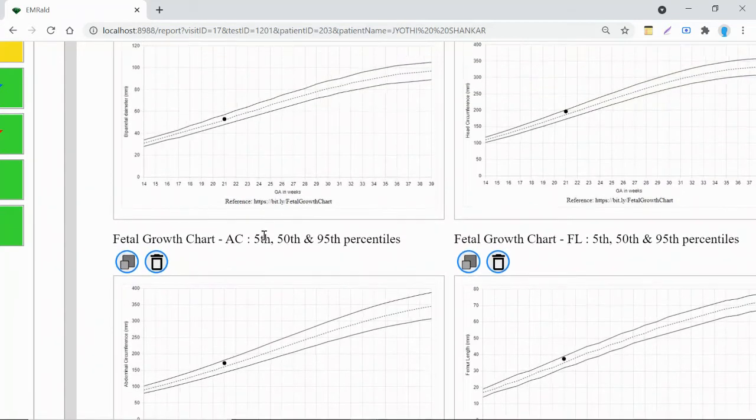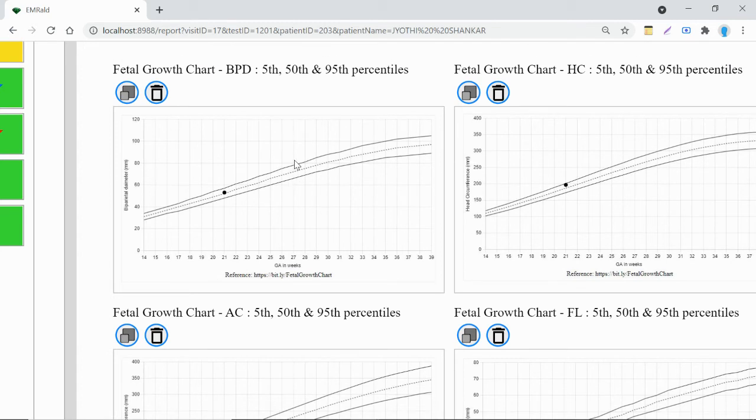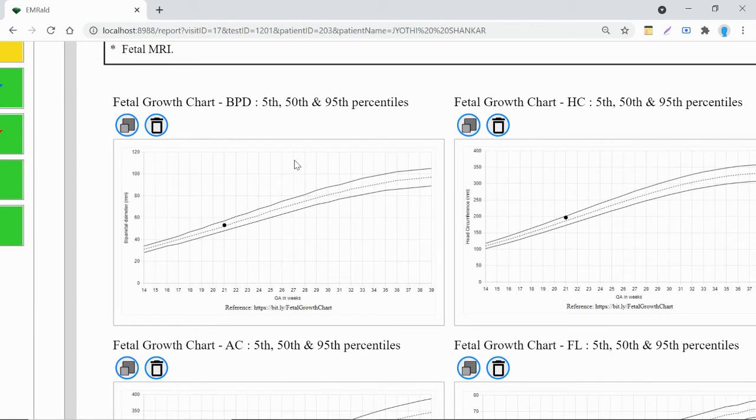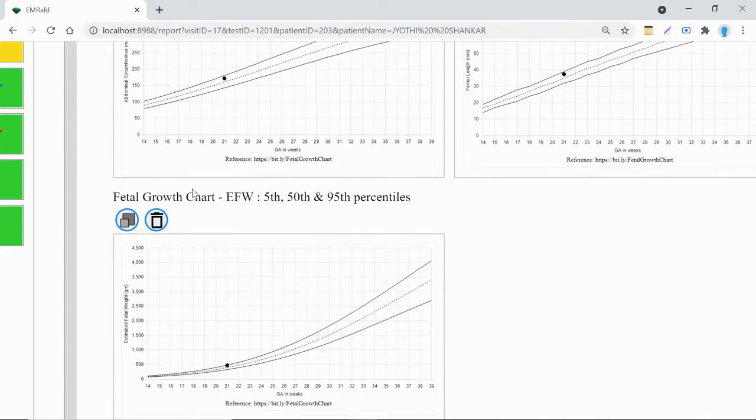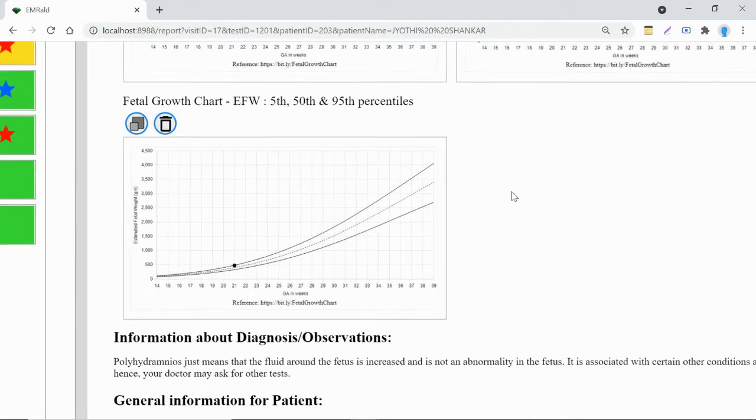And the points that are shown here depict where this particular patient is with respect to the 5th and the 95th percentile boundaries for this case. You can always delete a chart that you're not interested in, or you can delete multiple of them. You can also make any of them bigger or smaller if you wish. So that's how charts are plotted in the report.